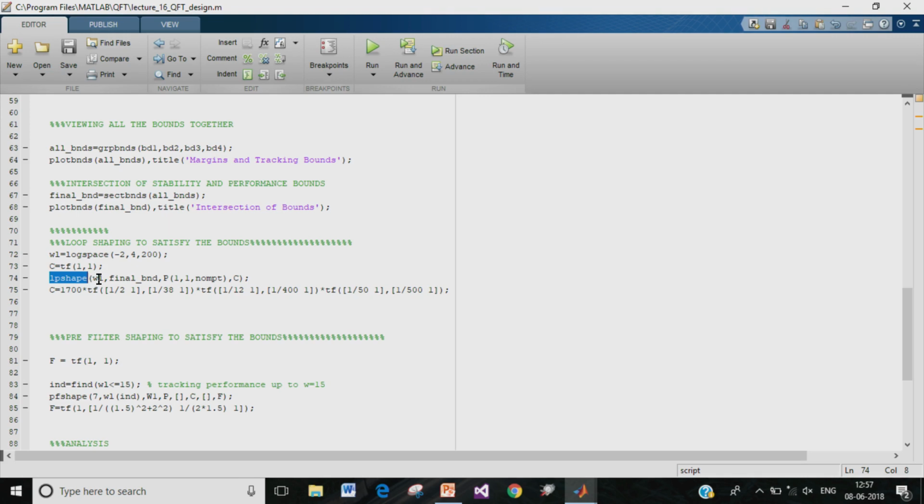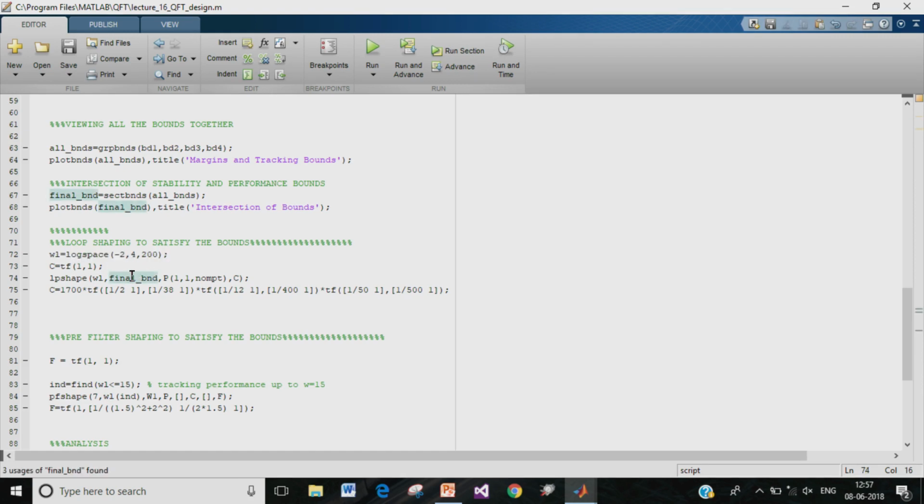So, the input arguments to this command are the frequency vector over which we want to plot the loop shape, and it so happens that we have chosen that frequency vector to be frequencies starting from 10 power minus 2 radians per second to 10 power 4 radians per second, and we have chosen 200 points in between in order to plot the loop shape.